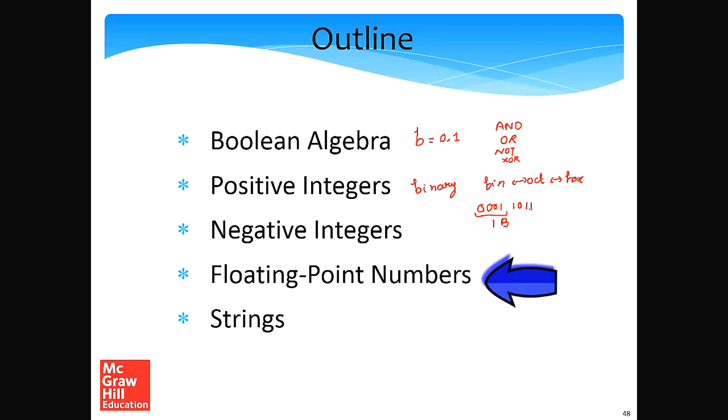Then we represented negative integers. We looked at different methods of representation. One is the sign magnitude representation, which has a sign bit. The problem there was that performing arithmetic operations was difficult, and there were two representations for 0. The other was ones complement, same problems, two representations. The other was with a bias. So with a bias, we had a single representation for every number, and even addition and subtraction were relatively easier,